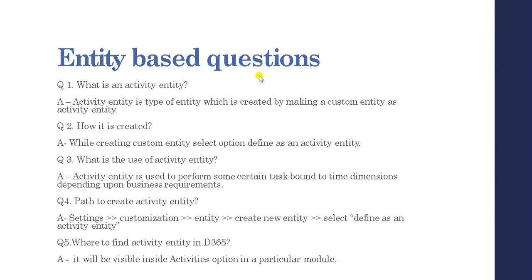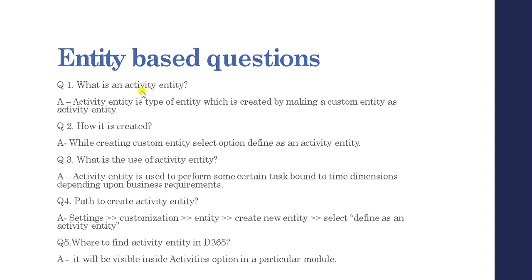As we know, we have three types of entities. One is system entity, another is business entity, which we call out of the box entity, and we also have custom entities. System entities are the entities required by the system, that is MSCRM, which we cannot delete. Business entities are like account, contacts, cases, opportunity, lead. All these are business entities. We also have custom entities, which as a developer we can create depending upon requirement.